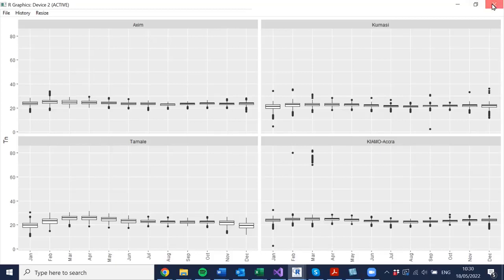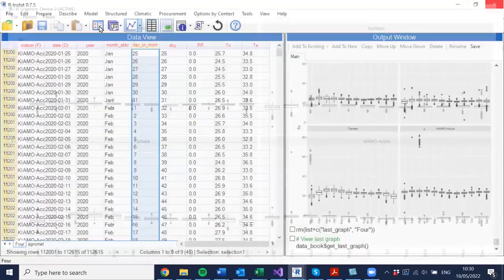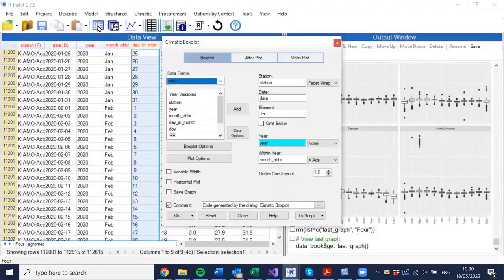I can also show you a small problem. I'm going to go back to my graph. Now, the idea of the graphs in R-Instat, and this is very general for all the graphs, is that the graphs are wonderful in R-Instat because of a thing called ggplot, the grammar of graphics. And so we're very proud of the graphs. This isn't R-Instat, this is R, that a wonderful person wrote the graphic system that we use. But it's very comprehensive. We try to make it simple with these dialogues, but when you need something different, then